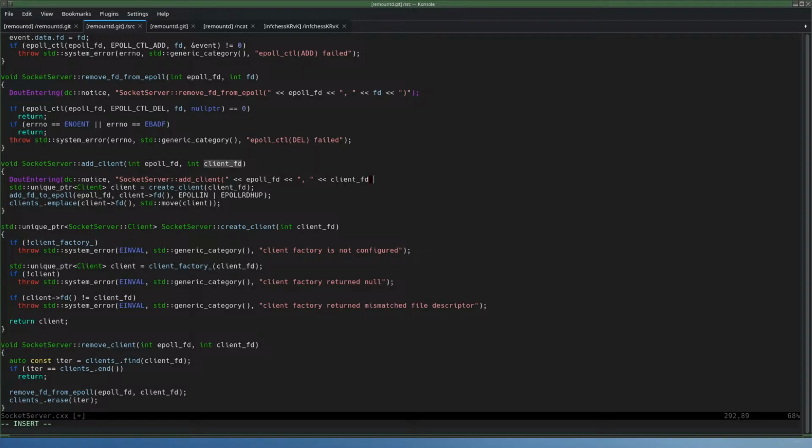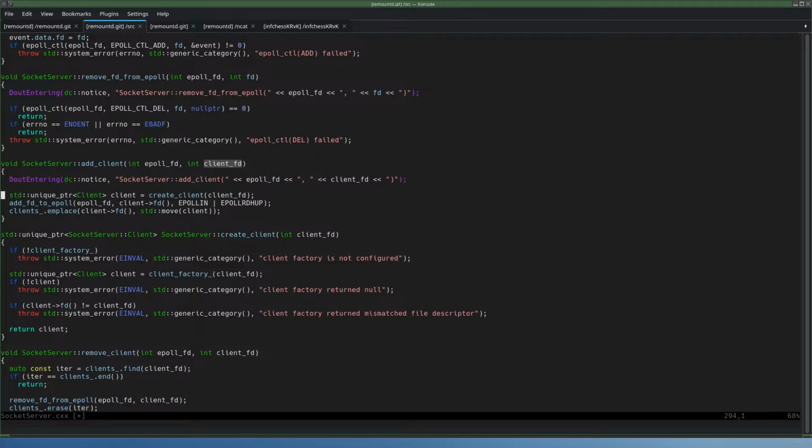I think this is the only function that calls those. Okay, here.